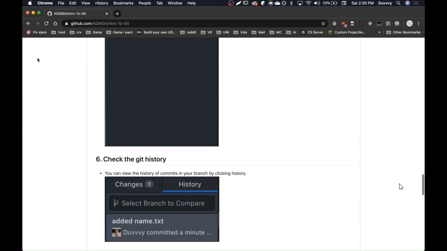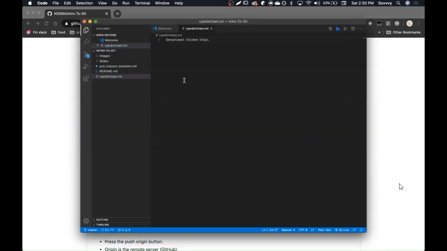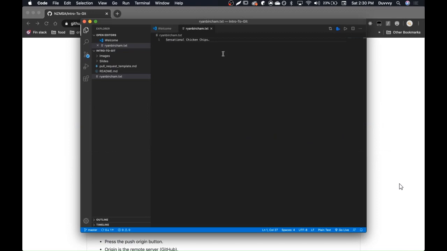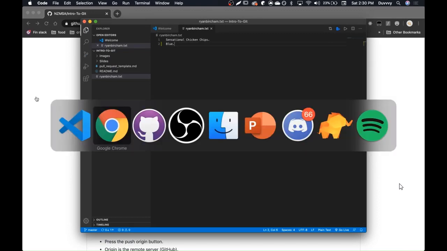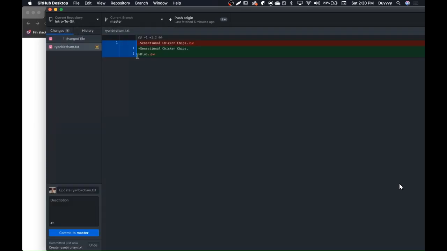So now we just want to add another change. Come back into your text file. Second instruction was your favorite color. My favorite color is blue. So I'll add a new line that says blue, and we'll commit that. As said again, you can see in the changes, added favorite